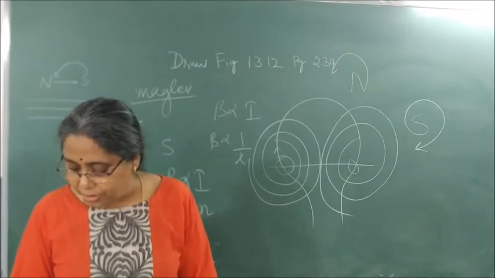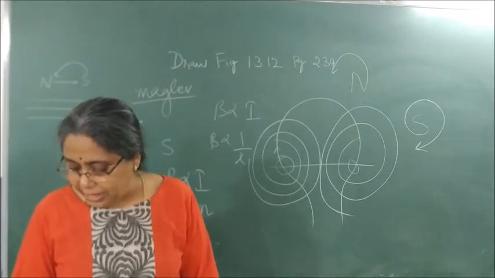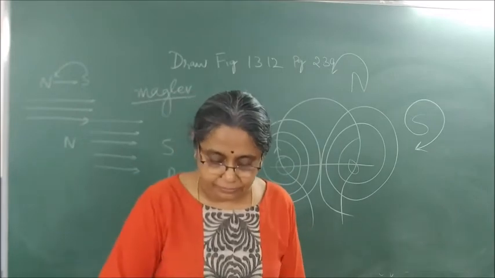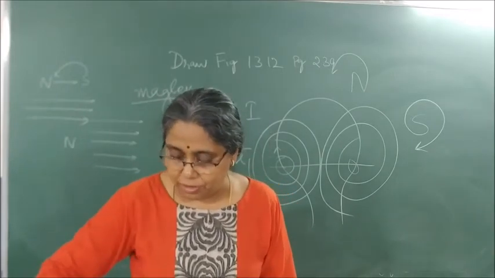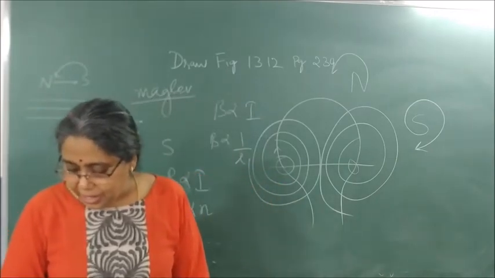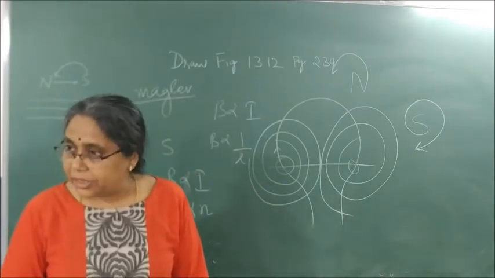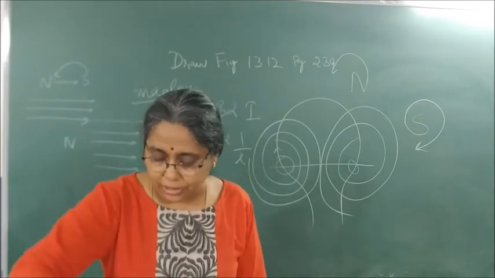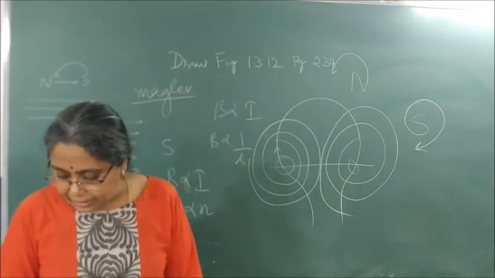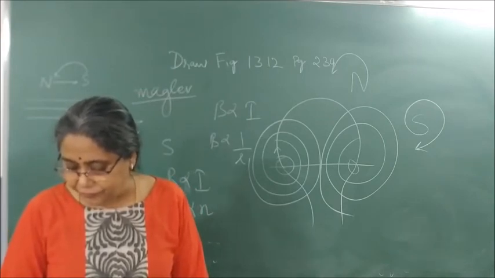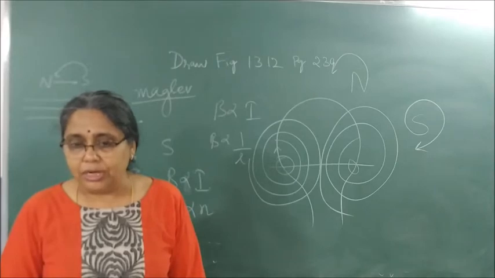Now the next question, the in-text question please. Consider a circular loop of a wire lying in the plane of the table. Let the current pass through the loop clockwise. So it is flowing from where? Apply the right hand rule to find out the direction of magnetic field inside and outside the loop.